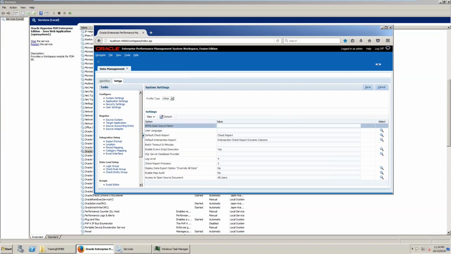You have the other profile type. The main thing here is to set the log level. We have 5 different types of log levels. One is the least, and 5 is the most information. So we set it to log level 4 here. If you want, you can set it to 5, but it is recommended that you set it to 4 here. The other setting that we see here,